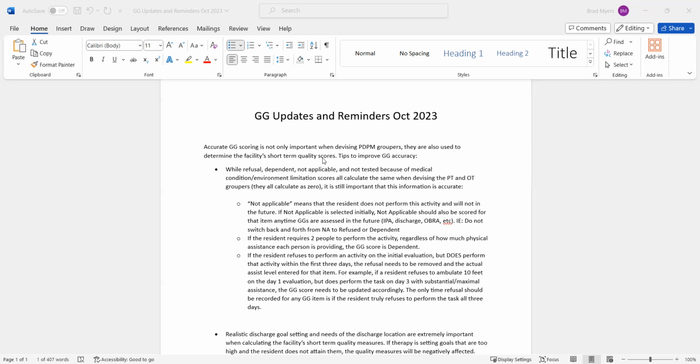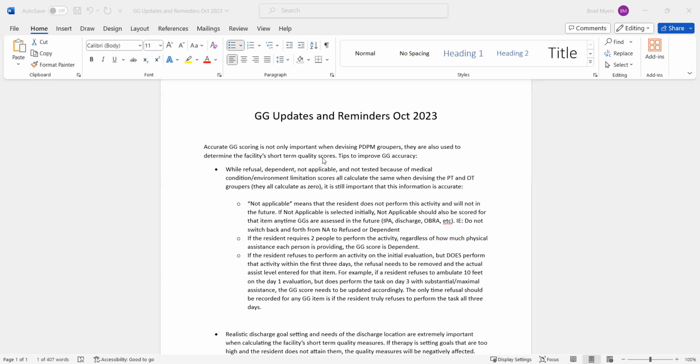But they just flat out refuse to get out of bed to perform the transfer and the ambulation items, and a refusal is scored. But they do perform the transfer or the ambulation on either day 2 or day 3, even if it's with assistance. The GG scores need to be changed from refused to however much assistance that they require, be it substantial, maximum,